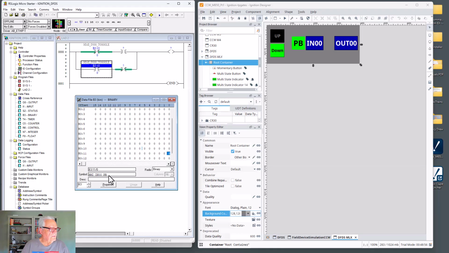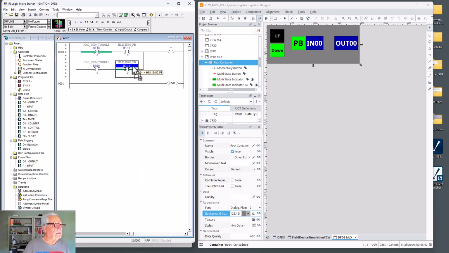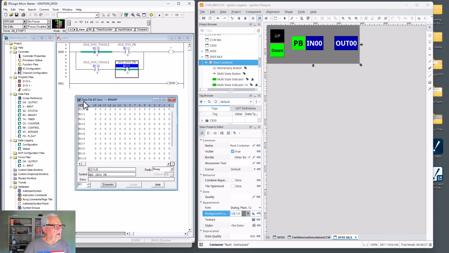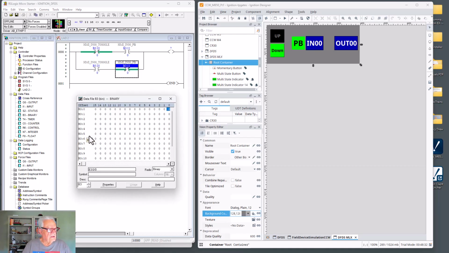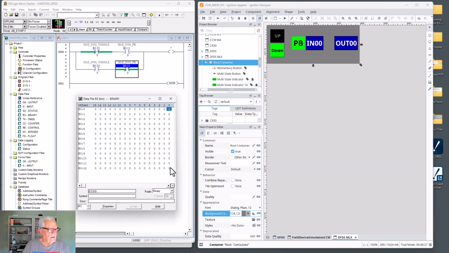See, 00 push button. I can grab that 0 right there and drag it up and drop it there. I can grab B311, drag it down to there and drop it. And then if I go back to B3 here, by the way, if you know the Micrologix graphical user interface, you can click here and say on top, and it locks it on top. You don't have to go chasing around after it. I'll drag it down, and this bit right here is HMI input 0. I'll drag that up to the output, energized output for that rung. We have